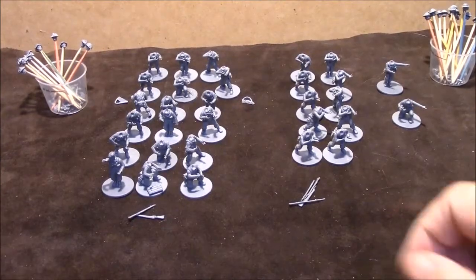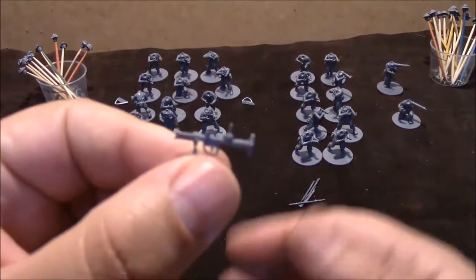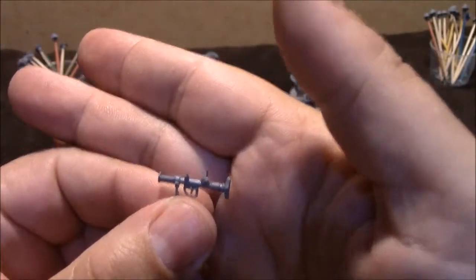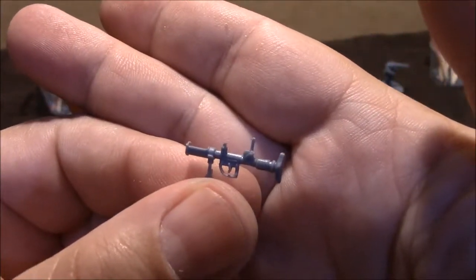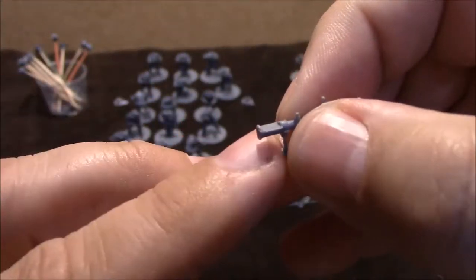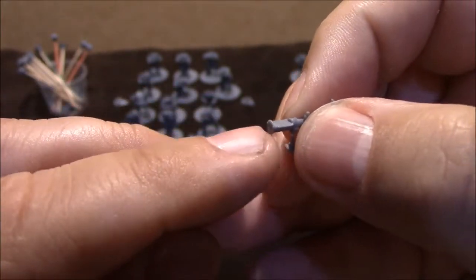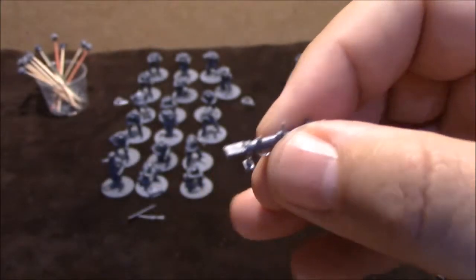Now, the one thing I did spend a lot of time on was the Piat. Now, I don't know if you saw my product review, but that's where I showed this originally. But this is the Piat. This very front section is actually a half cylinder with a ring where the actual rocket grenade sits. Okay, now